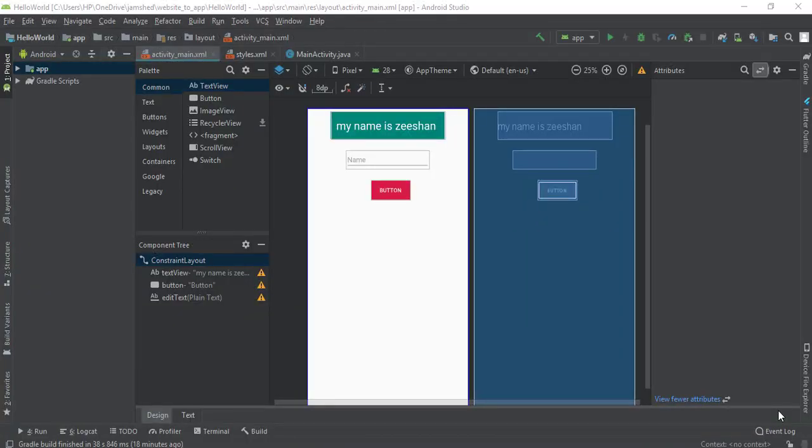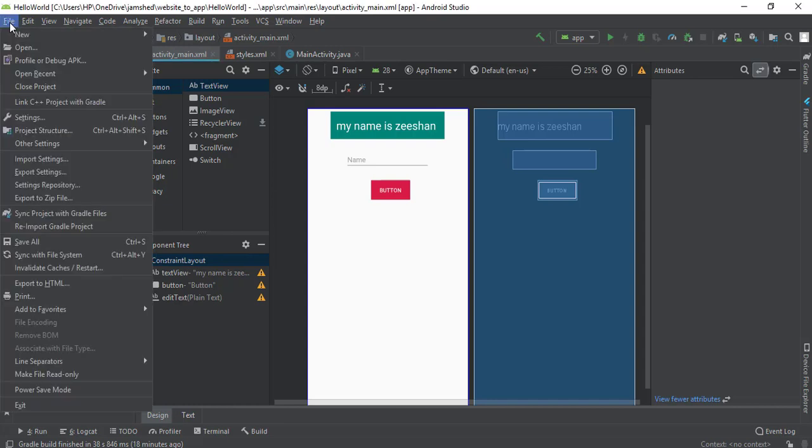Welcome back. In this video we will learn how to use images in our layout. So for that, first of all, I'm going to create a new project. In order to close this project, go to the file here in the top left corner and just press close